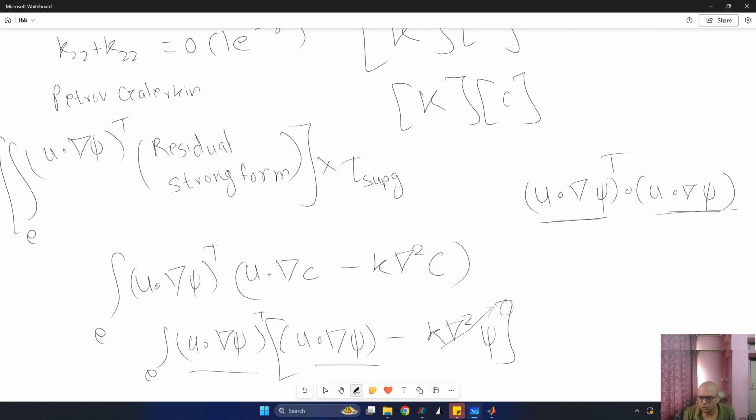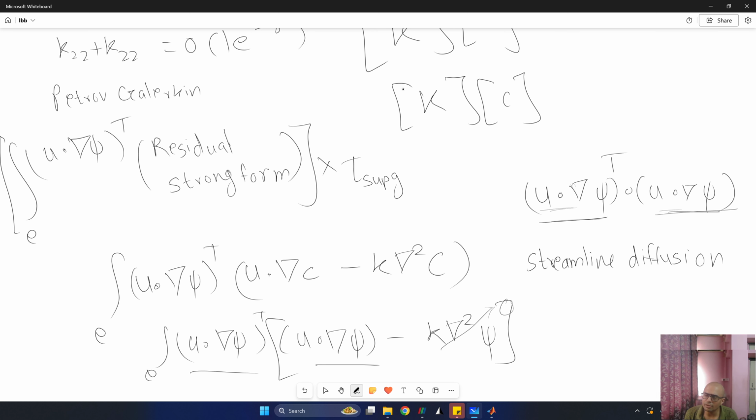So this is very symmetric, unlike your case when you used a center difference kind of approximation, a purely Galerkin route. In that case the matrix had zeros on the diagonals, but now you don't, because you are really working along the streamline direction, right? Because this test function is testing along the streamline direction, right? So this leads to diagonally dominant matrices, and this is also called streamline diffusion method,